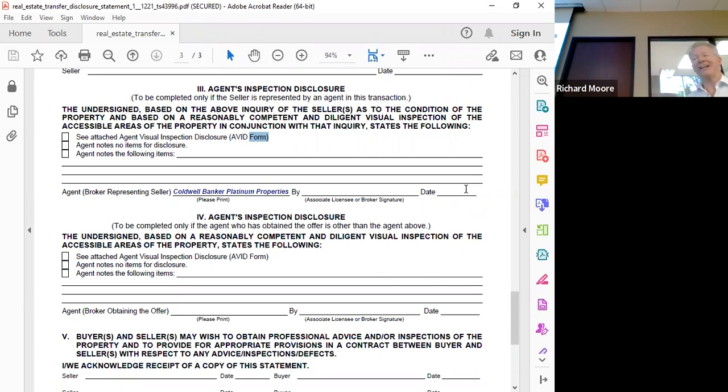The defining factor, from the seller standpoint or the agent standpoint, is whether anything has changed. If they're claiming that no changes have taken place during the last 6 months, they have no obligation to amend it.